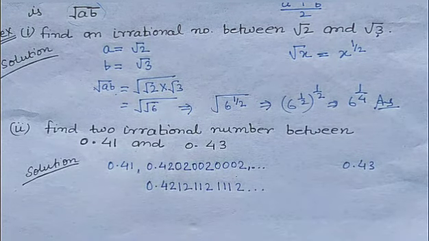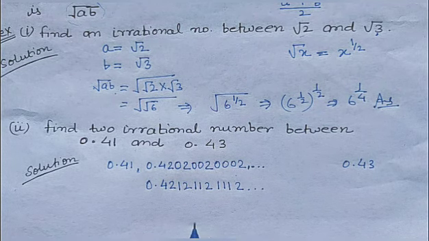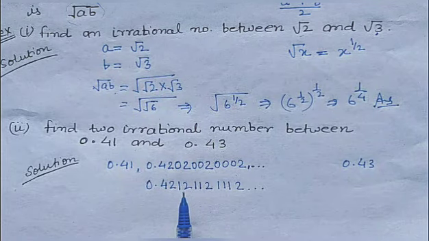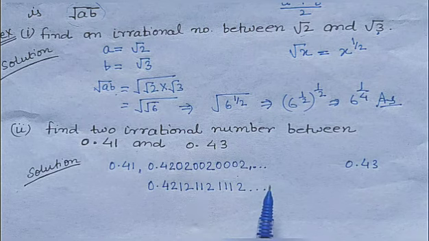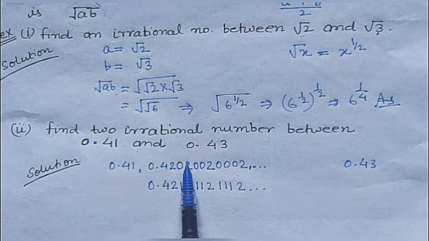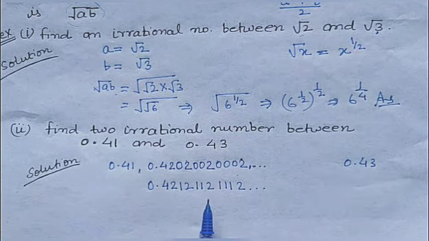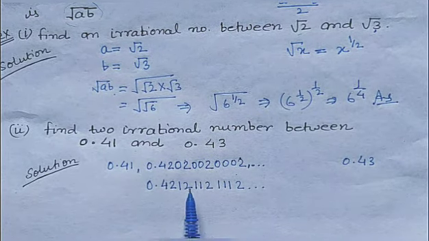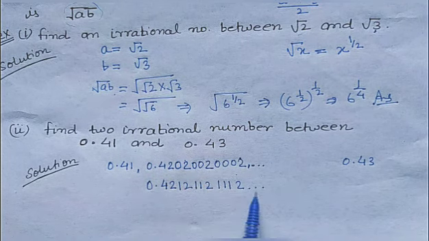Why is this an irrational number? Because in a repeating non-terminating decimal, a fixed block gets repeated, but here it is not fixed. Here only one 0 was there, here two 0s were there, here three 0s were there. So we can write it as an example of an irrational number, since it is non-terminating and non-repeating.